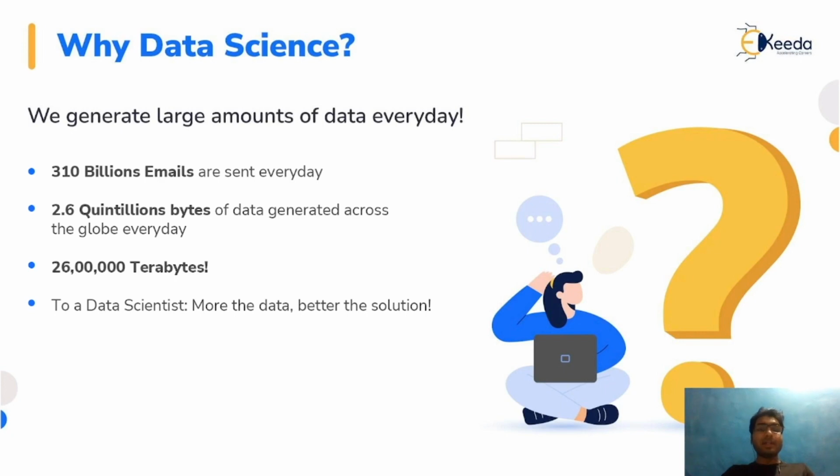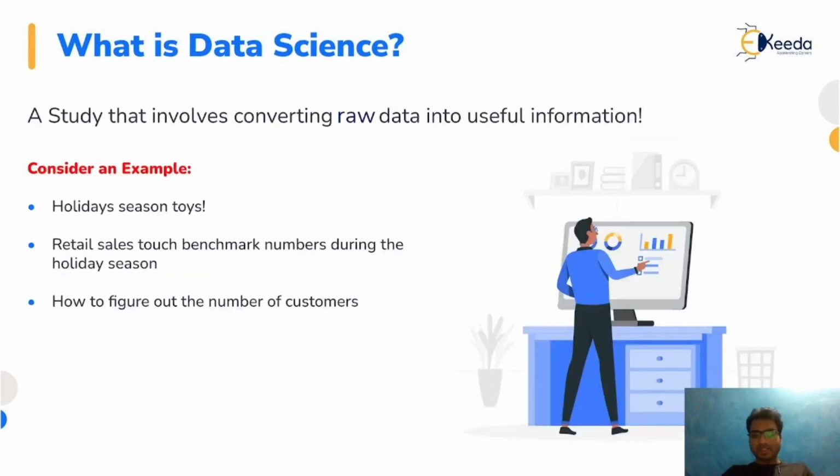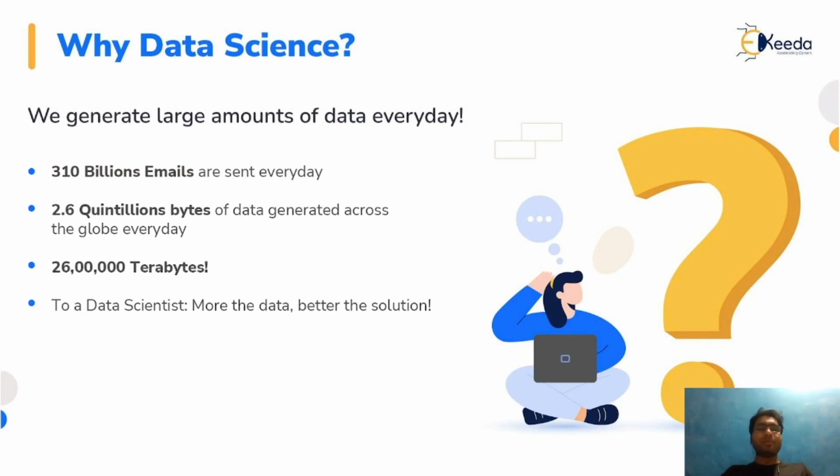Then second is why data science. We have seen what data science is, but the question comes to mind: why should I go for data science, why not other fields? So you should look at the past trends. Jio launched its services in 2016. Before Jio, I don't think hardly anyone was using the internet so extensively. I still remember that even 2 GB of data was costing us a lot, more than 200 or 300 rupees.